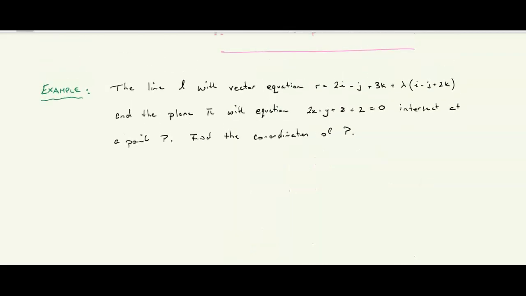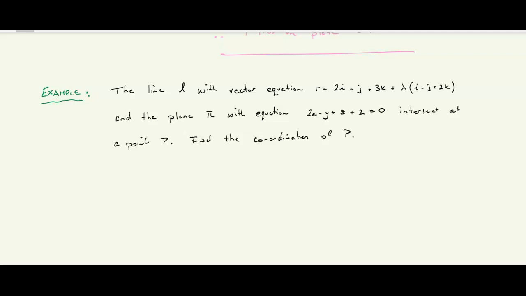Okay, here's the example. We have a line defined by this vector equation and the plane defined by this Cartesian equation. They intersect at a point P, find P. Okay, so let's go to work on this. Our process is to find from the equation of the line x, y, and z in terms of its parameter. In this case, the parameter is lambda. So we've got r equals